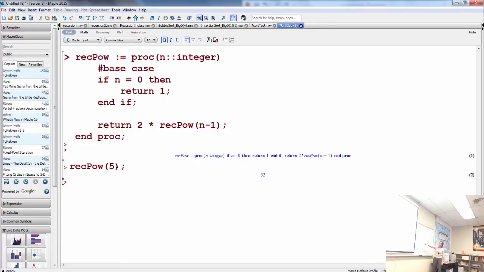If we called it with 3, so if n equaled 3 the first time, this is for n equals 3.